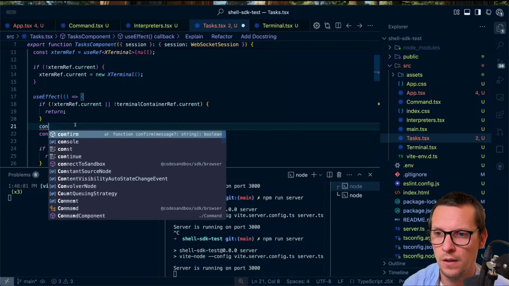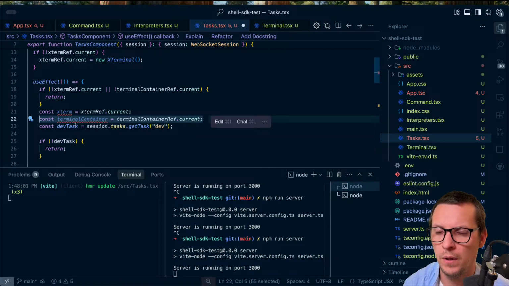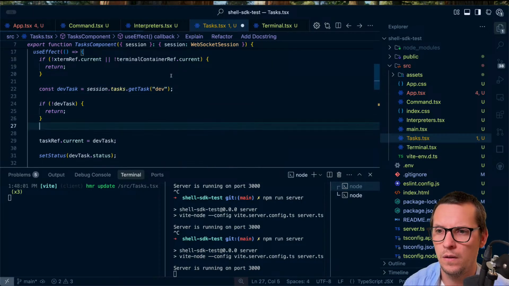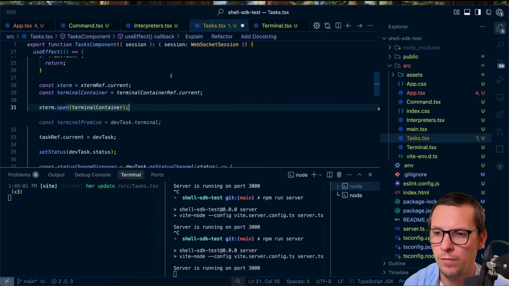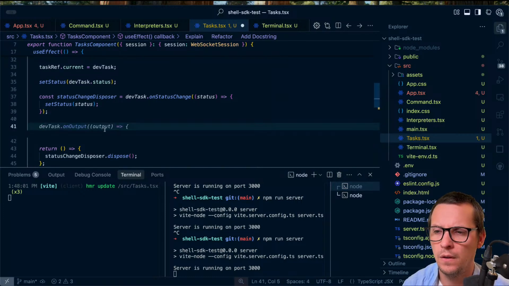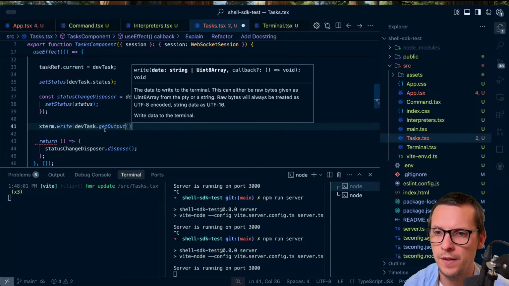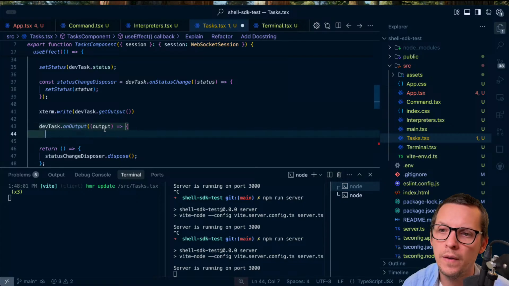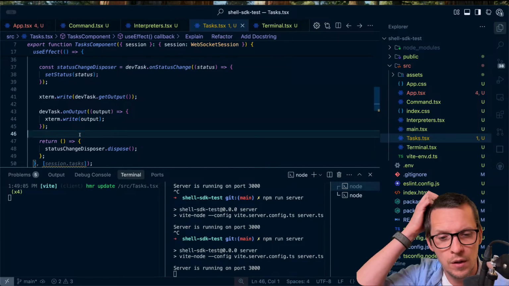You helped me a little bit here, didn't you? Can you do that again? Thank you. I don't need a terminal container. Well, I do. So let's do xterm open terminal container ref. And then we're gonna take our xterm and write dev task get output, so we get the initial output. And then we're gonna do dev task on output, we're gonna write. Oh, but this is interesting because